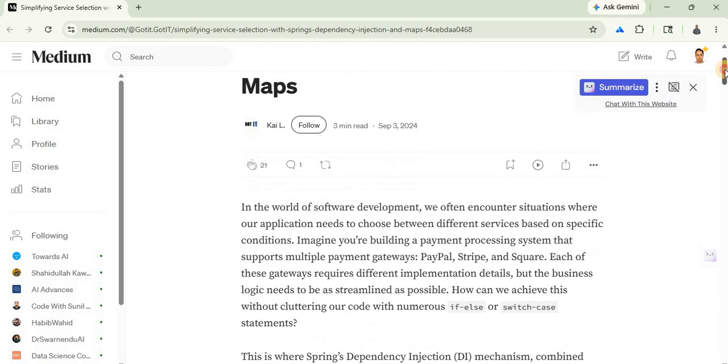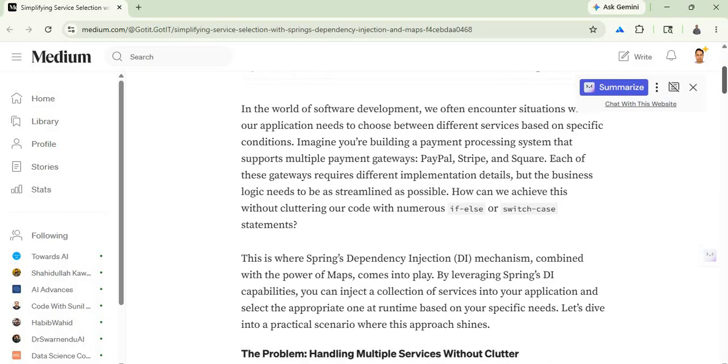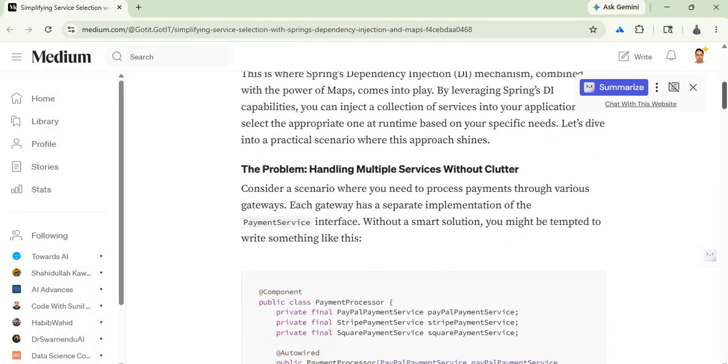Okay, so this article is visible to you? Yes, sir, visible. Okay. What this article is doing,